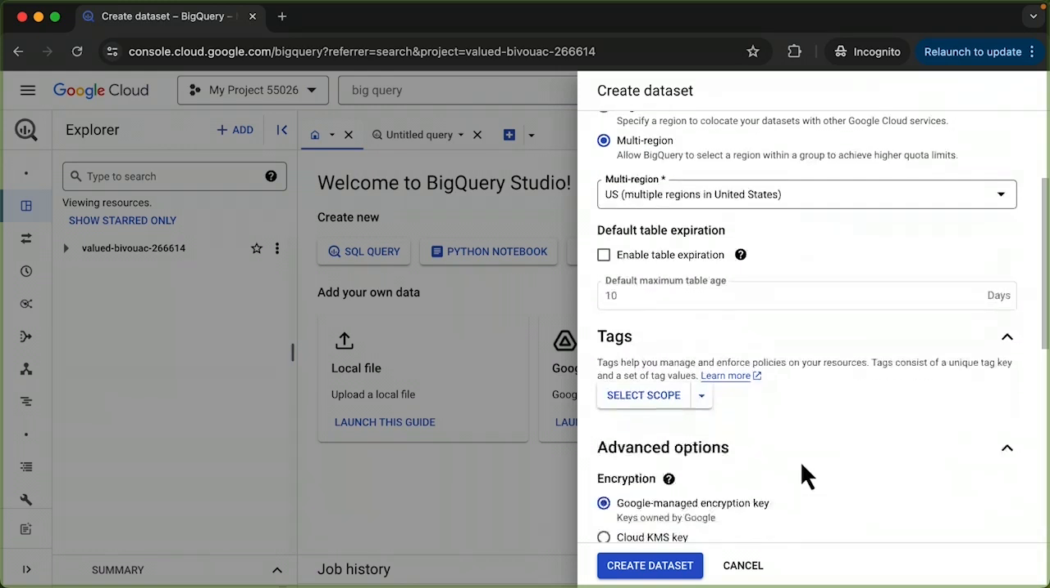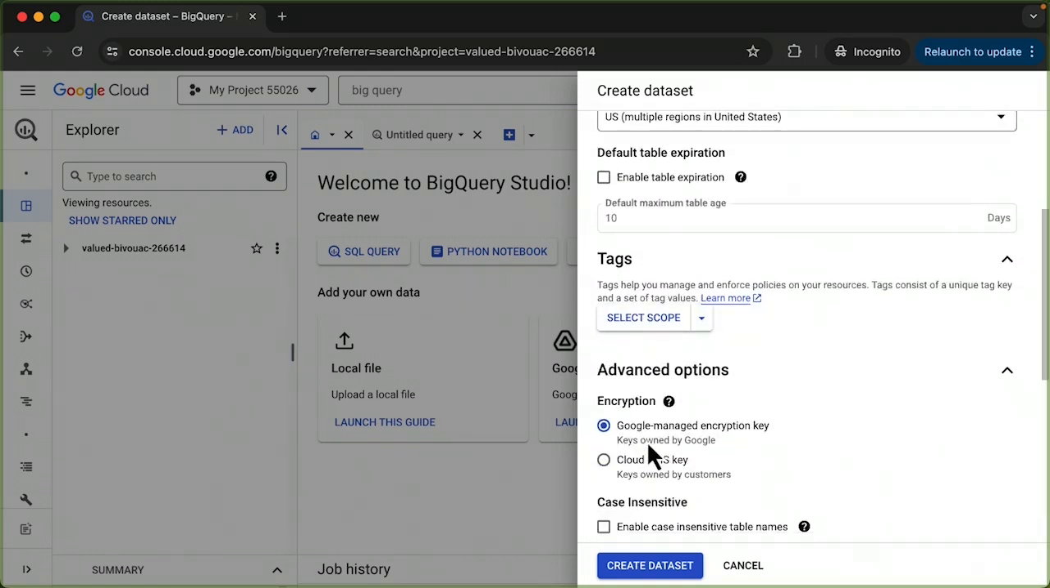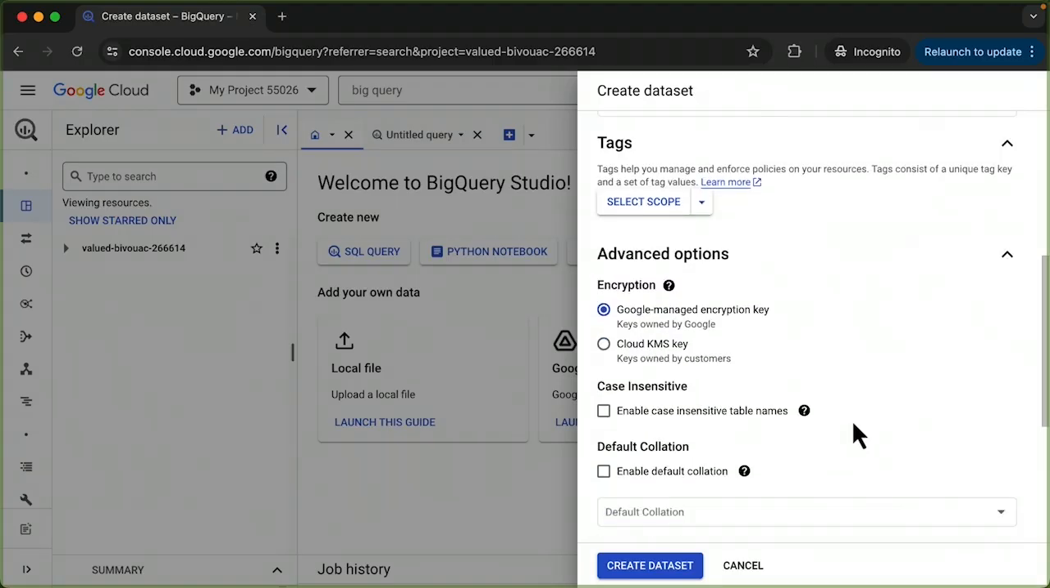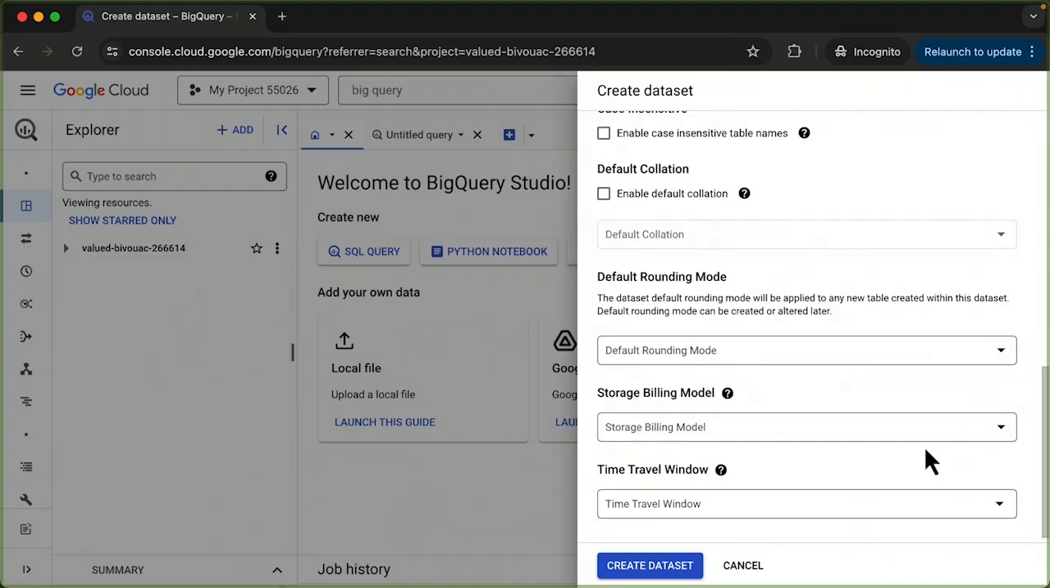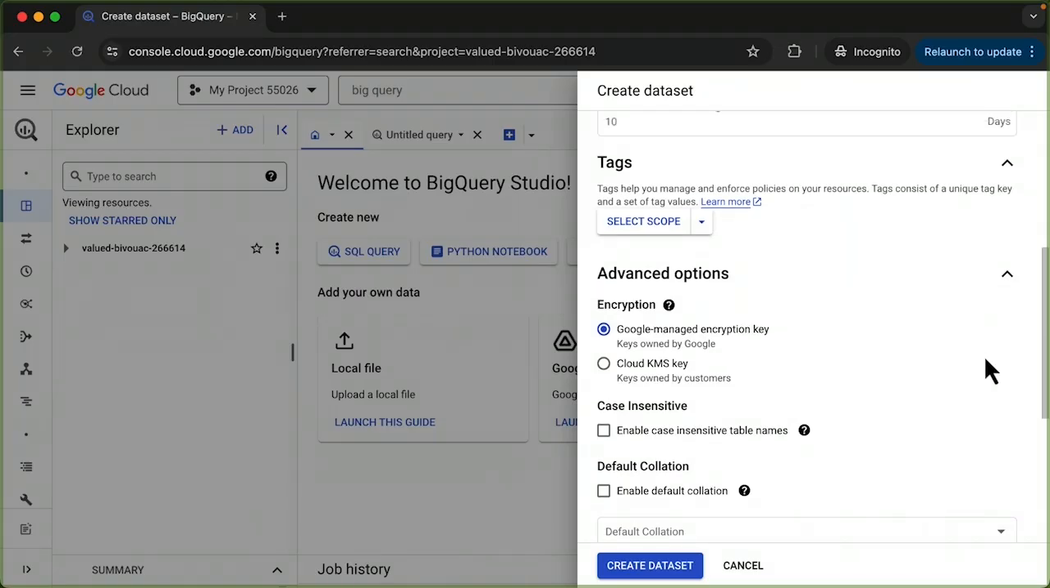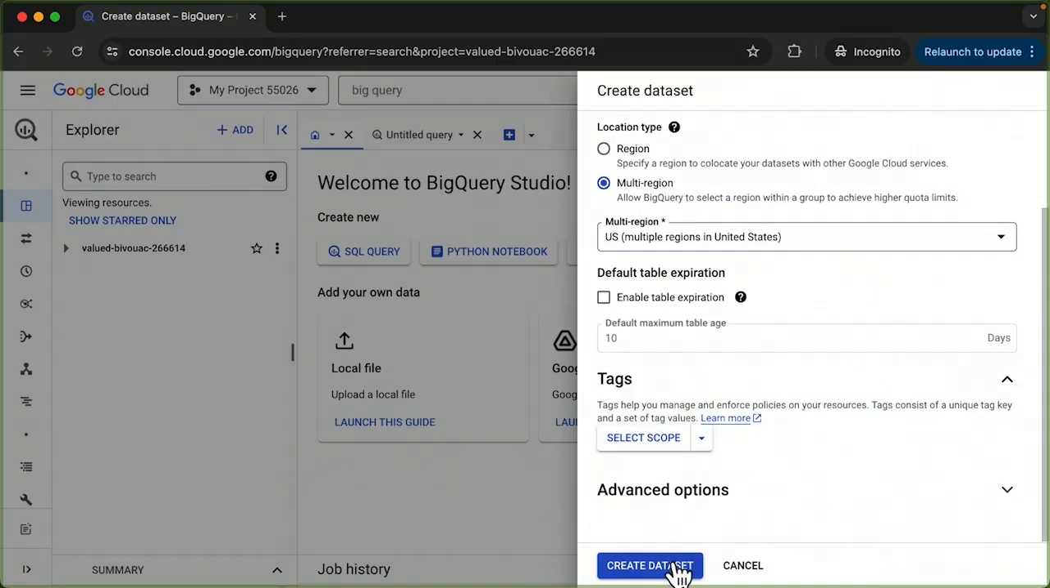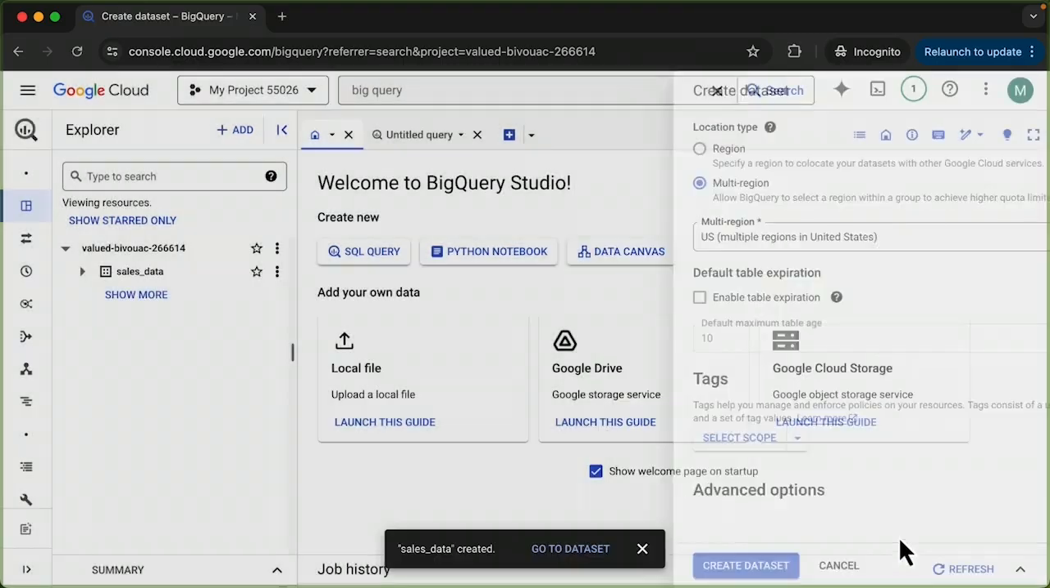There are some advanced options that deal with encryption, but you're most likely just going to leave it as a Google managed encryption key. You can have case insensitive table names if you'd like, or you can have it a part of a default collection. These are things that are outside of the scope for this video for now, so I'm just going to leave them as their default. But if you come over here and click Create Dataset, your dataset will now be created,